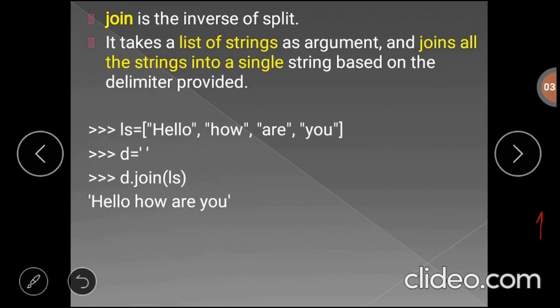Here we have a list with elements hello, how, are, you, and we are giving white space as the delimiter. Based on that delimiter, it will create a single sentence, or single string. Okay, final output, that is one single string.